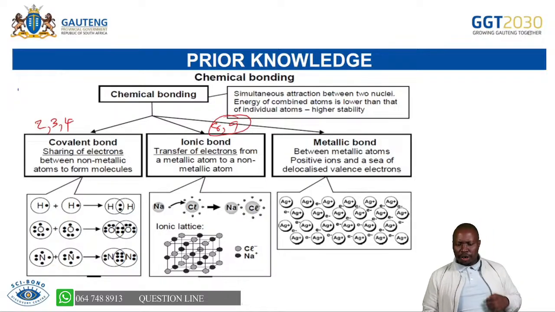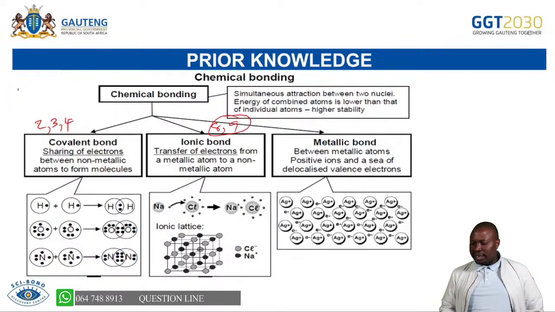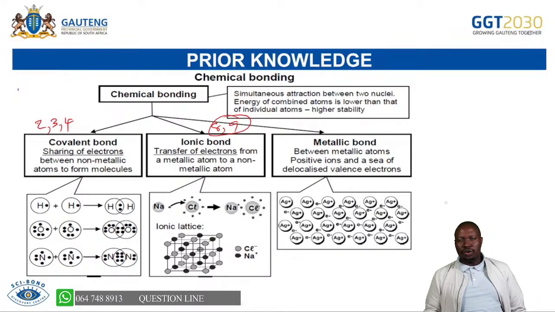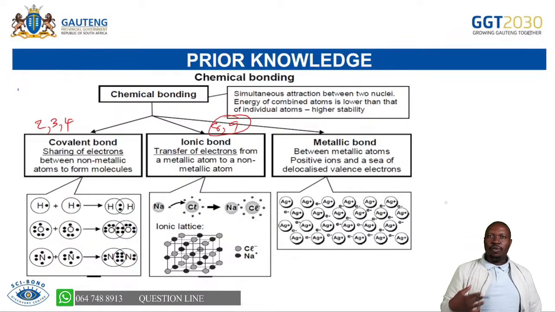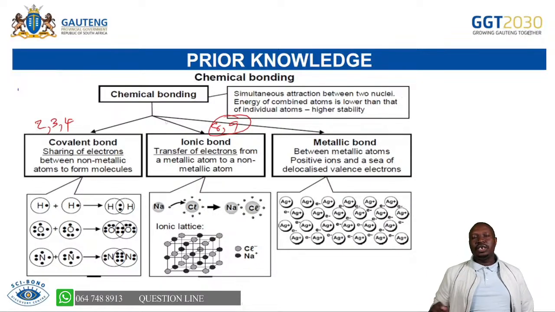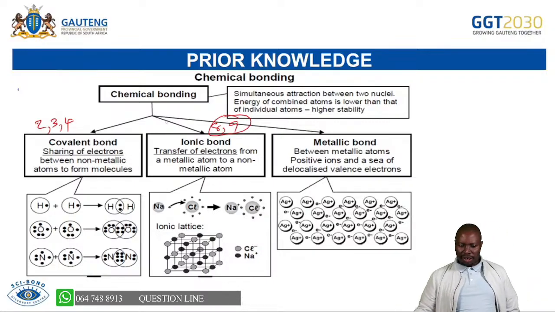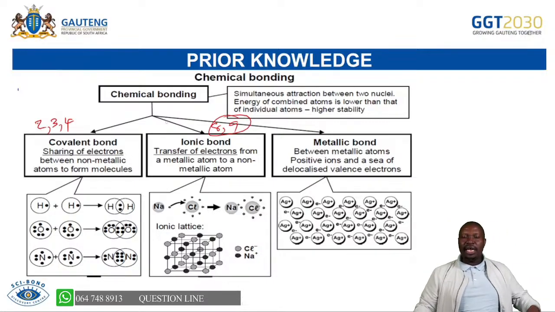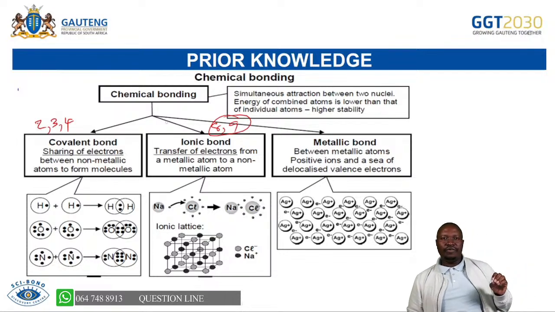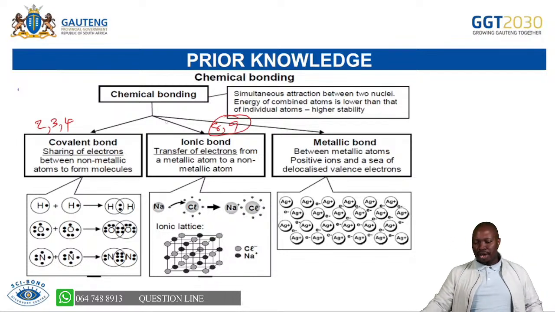Remember, metallic bonding, you said the electrons are delocalized. We said between metallic atoms, positive ions and a state of delocalized electrons. So electrons are not embedded within the structure, they are delocalized. And all that, you will talk about when you deal with question 8 and 9, or redox reactions, or what we refer to as electrochemistry. But for today, we're going to focus on covalent bonding, which is sharing of electrons.